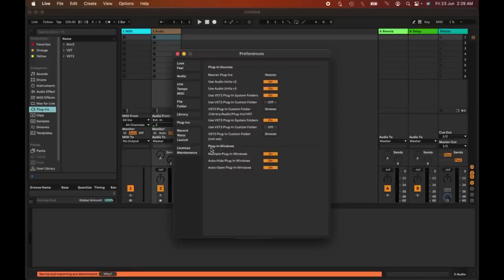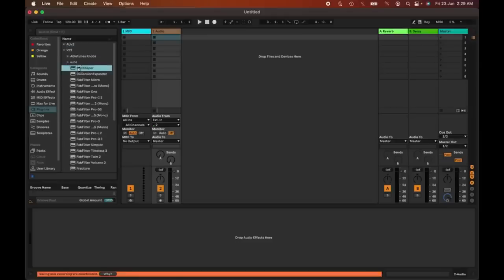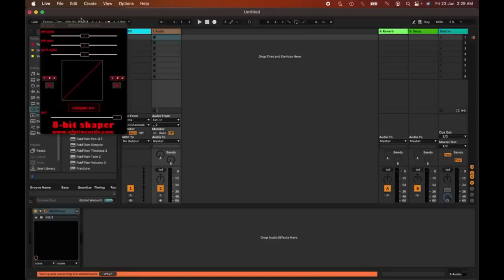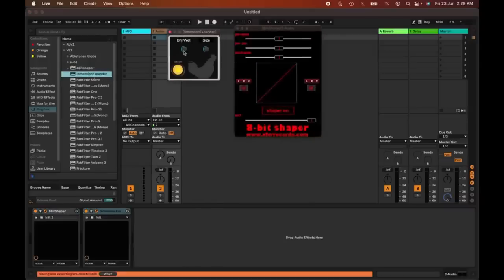In the plugin Windows section, open multiple windows. When this feature is turned on, you can view, tweak, or work on multiple plugins simultaneously. As you can see here,